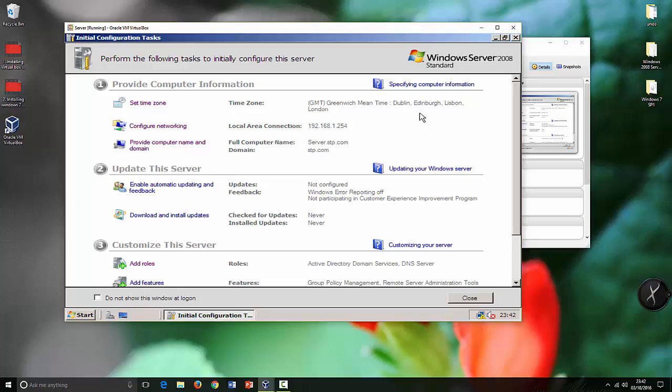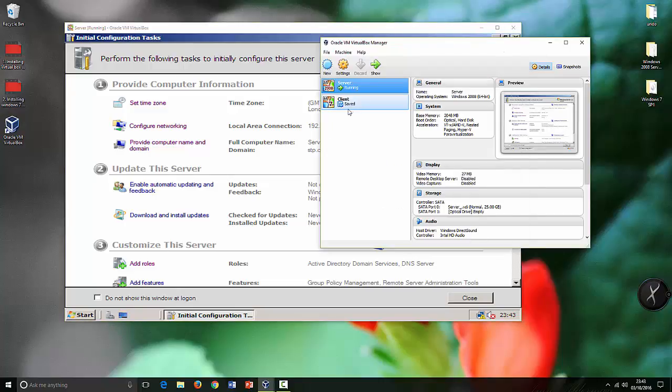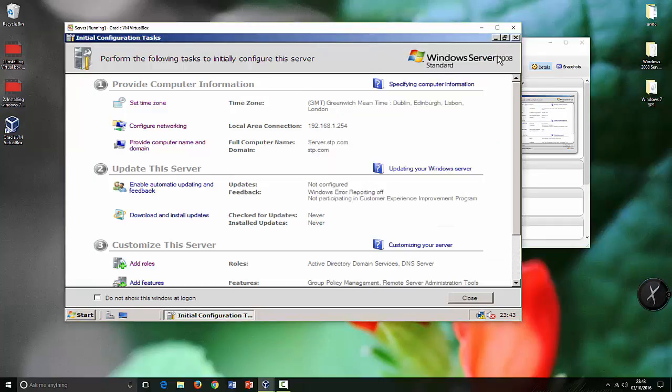So you have installed ADDS, you have installed the DNS, and you have given a domain name called stp.com. So once you created a domain, now what you can do is you can join the client to this domain, and this is how you're going to join them. Now before the joining process, we're going to show you